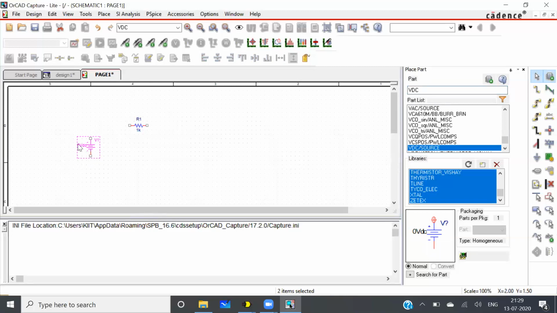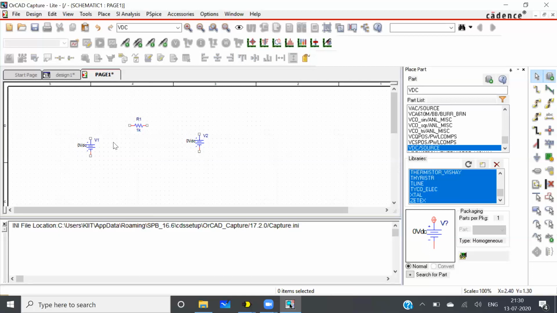One voltage source is already available here. If I want to copy something, you first select the component, then press Ctrl C. Ctrl C is for copying. Next, I want to paste this, so press Ctrl V. Done.